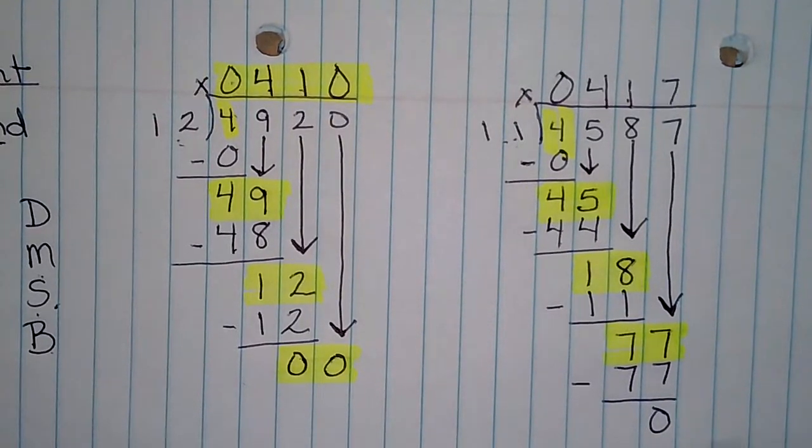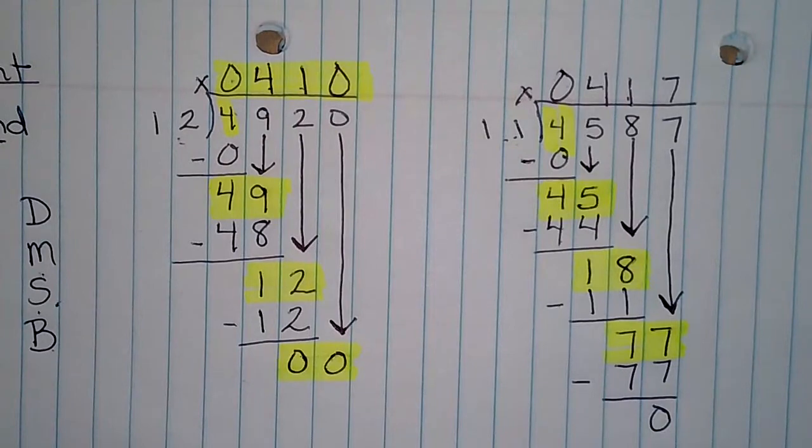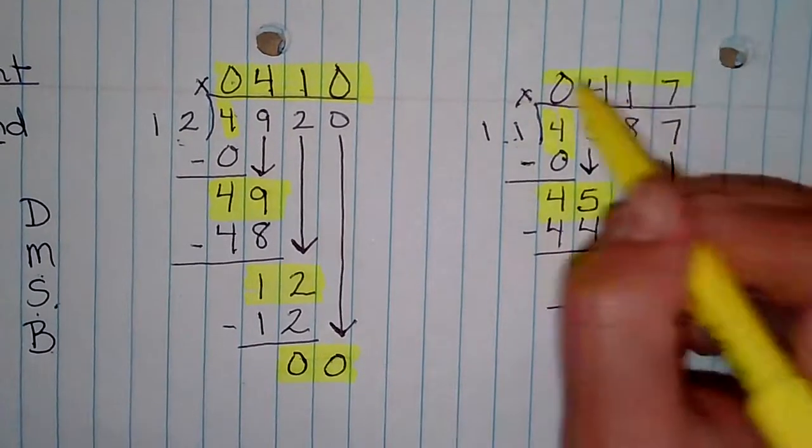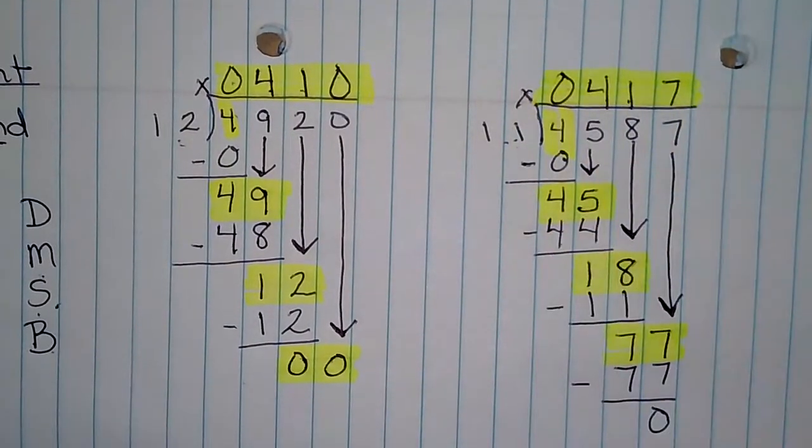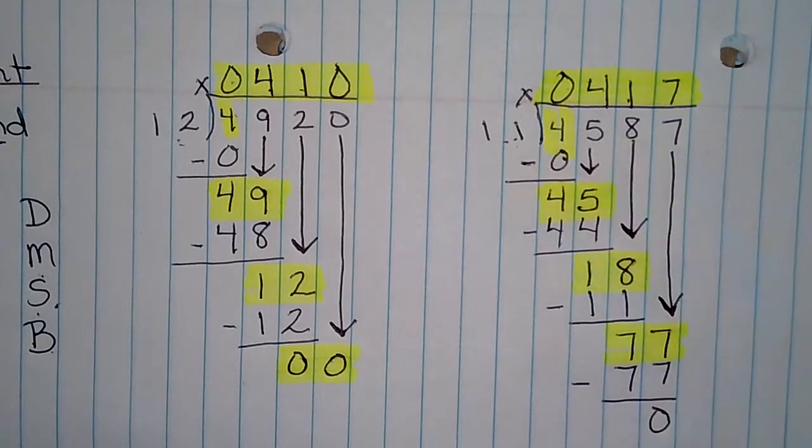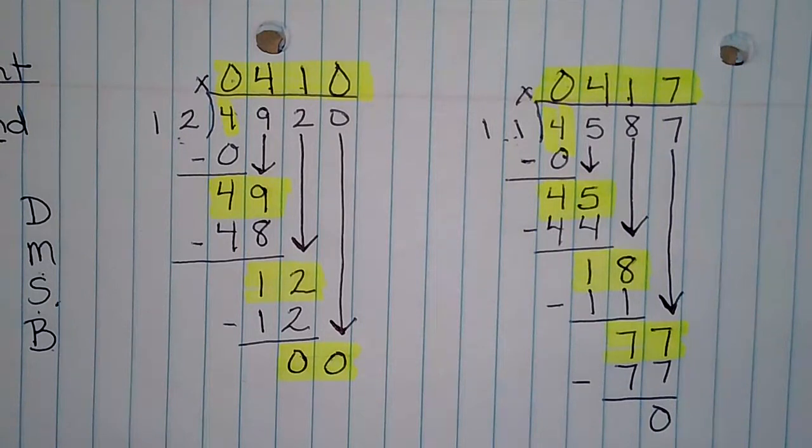So we're finished. We do not have a remainder. So the quotient to 4,587 divided by 11 is 417. I hope